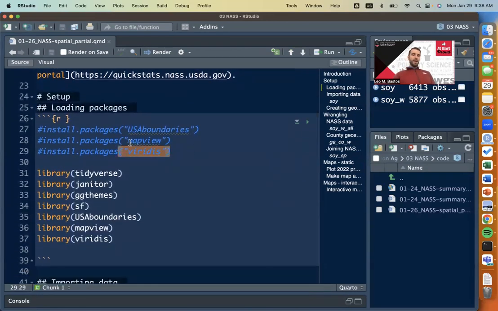I left you a few lines of code of packages you're going to have to install. So what you can do is just remove the hashtag to uncomment. Do not run the whole chunk, just run this line of code to install packages. This USA boundaries is a package that has the shape files, or the vector files, for US boundaries. That includes the whole US, state boundaries, county boundaries. I believe it may even have zip code boundaries and others,